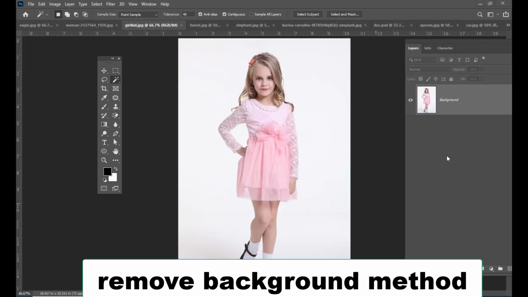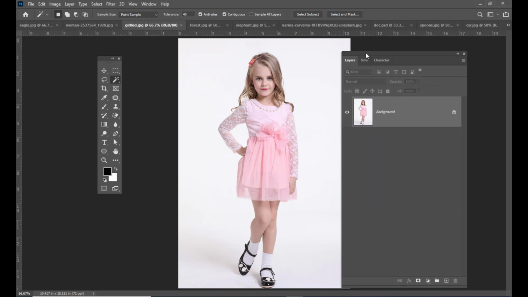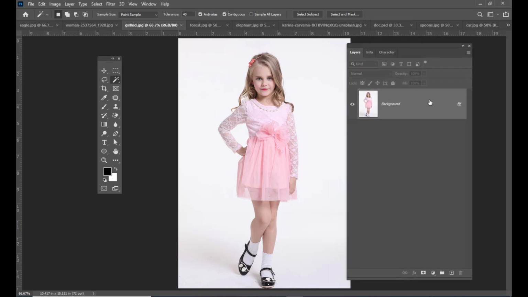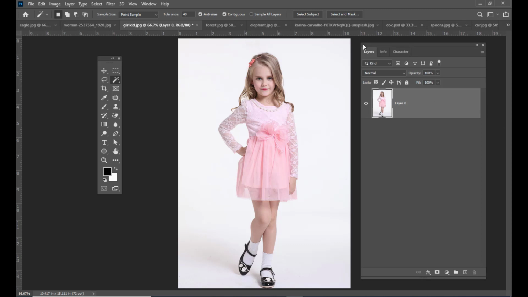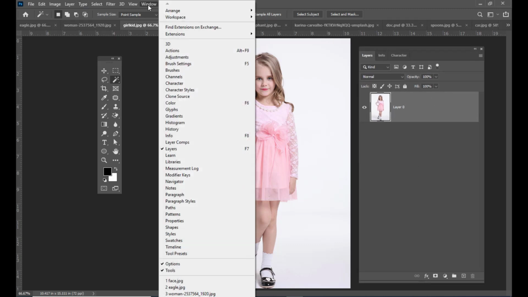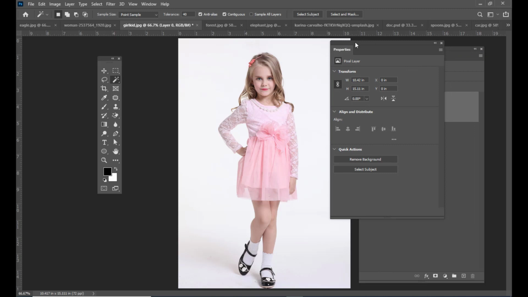Till now we have seen six different selection tools to select the subject. There are some more simple and easy ways to select the subject. What we'll do is, we will unlock the background. See here, the background has a lock, so we will unlock the background and go to Windows, and in Windows we can find Properties. So in Properties we have an option,